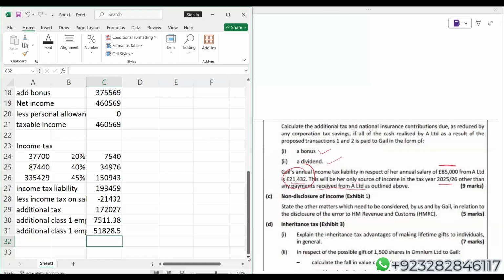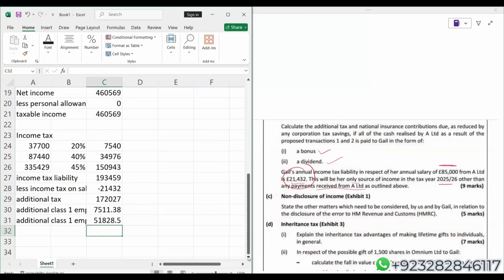Repeat. When company is going to make payment of bonus to Gail, then corporation tax will be saved, of course, by applying 25% rate because it is mentioned. Applicable rate is the main rate, which is 25%. Plus, corporation tax will also be saved on class one employer NIC. So let us